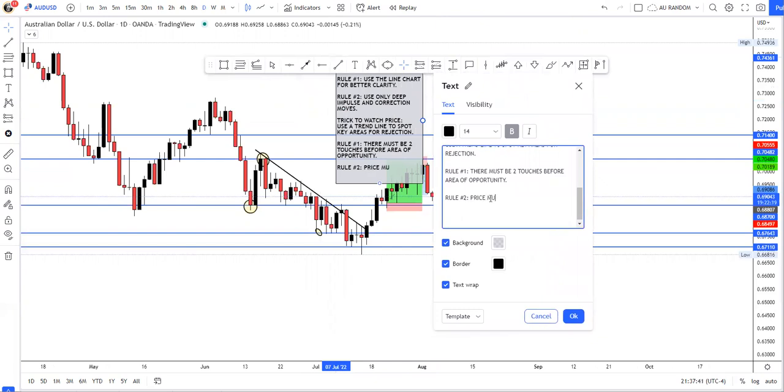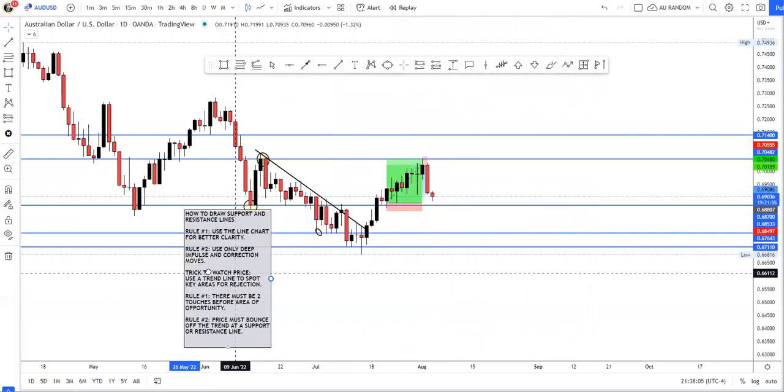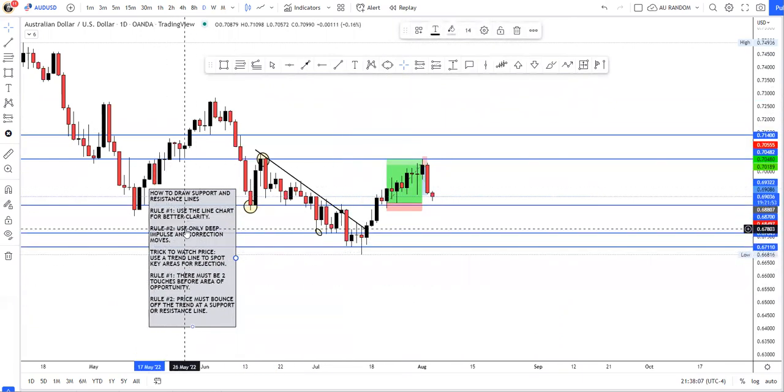Price must bounce off the trend line at a support or resistance line. That's it. It's just that easy. Simple as that. So these little two rules right here that you have for each of these,